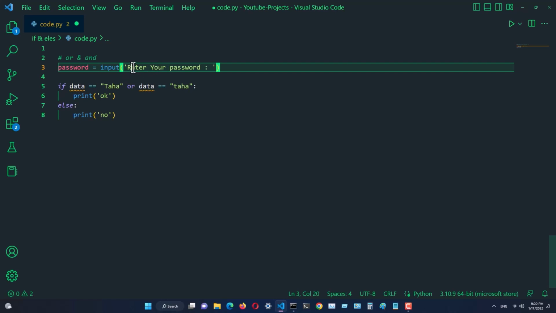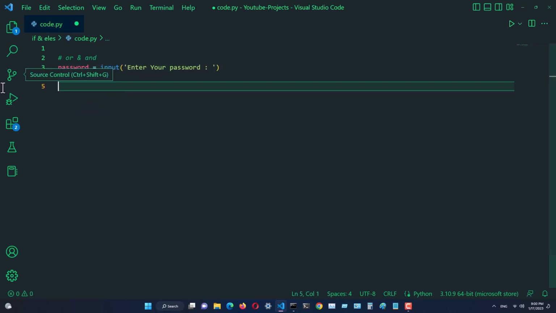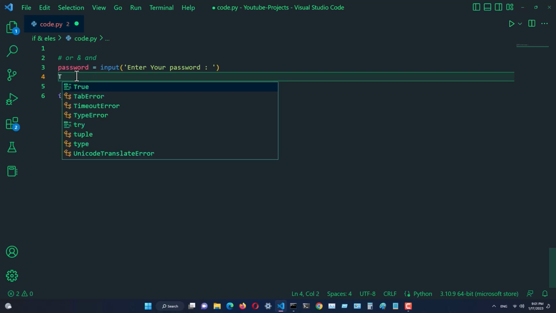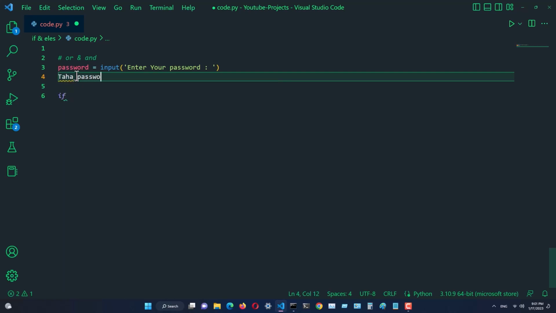Wait. Enter your password. Okay, let's write the system. We can use from if in because there is a password and it's important, and they should be the same. Our password, for example, Taha's password is